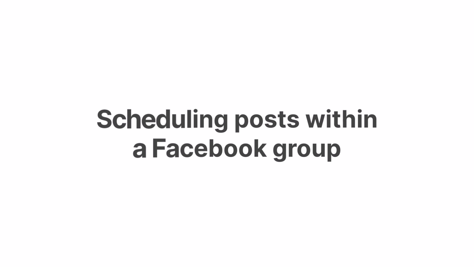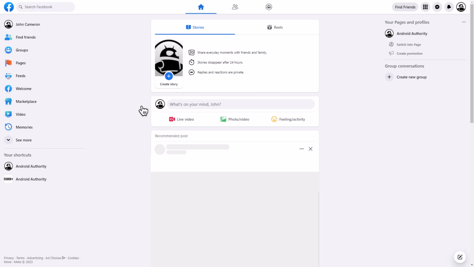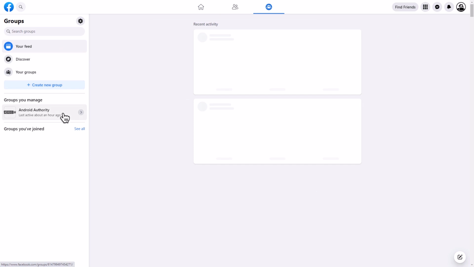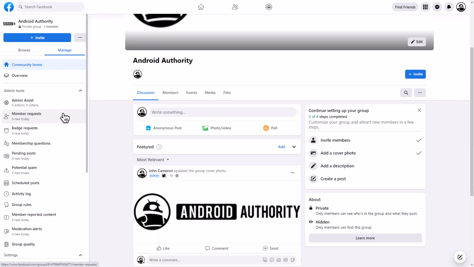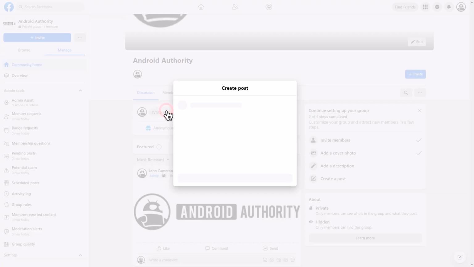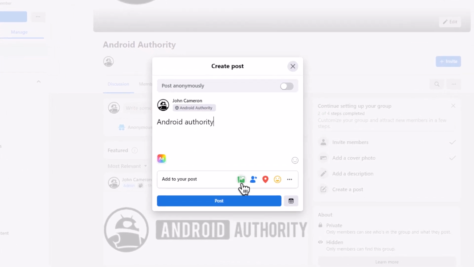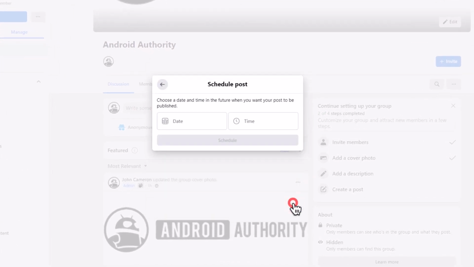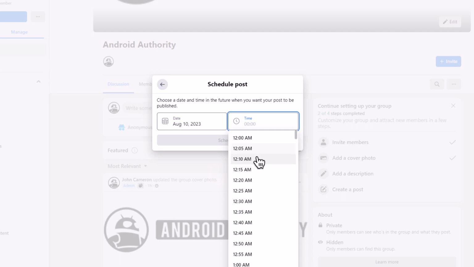Now, let's explore scheduling posts within a Facebook group. If you're an administrator or moderator of a group, you can schedule posts without using the Meta Business Suite. On your desktop, open your group page and click on the Write Something button. Create your post and click the calendar-shaped Schedule Post button next to Post, select the desired date and time, then